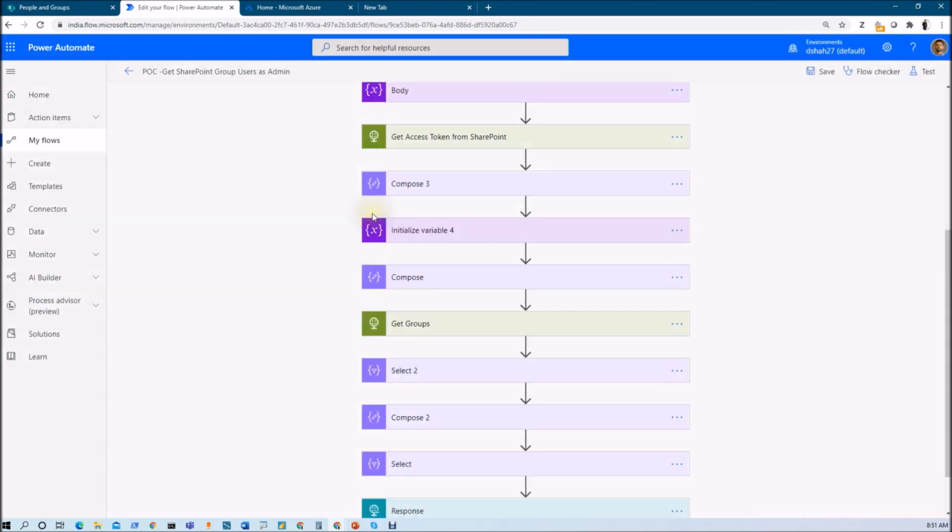For that we are going to use the SharePoint REST API, and for that we are actually making our connection based on client ID and client secret. We are not going to use any user credential over here. So what happens here is no matter from which user the button is being clicked, it will give all the information from the REST API. So let's get started with that procedure in detail over here.